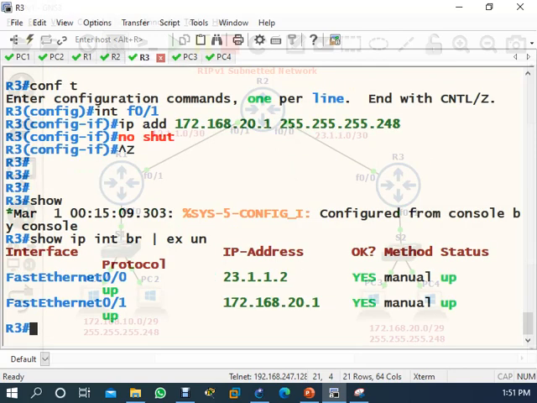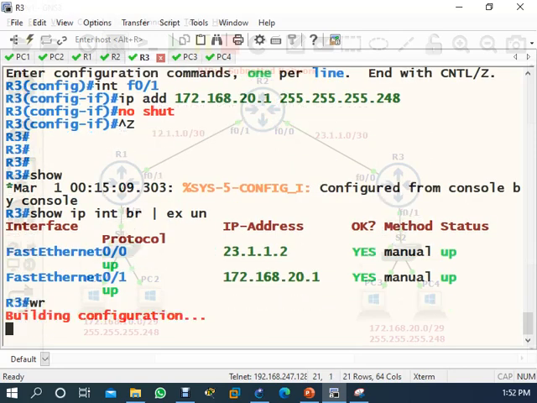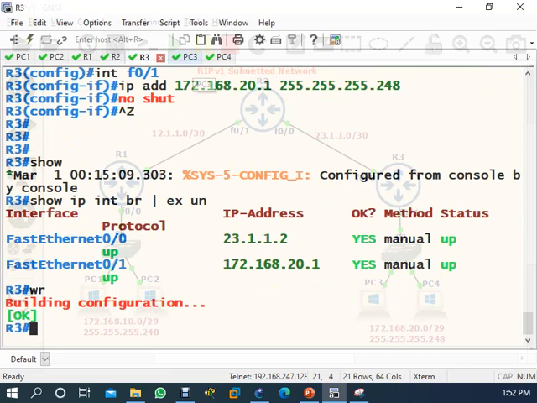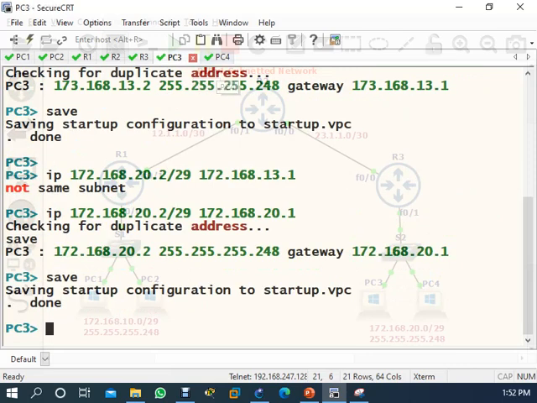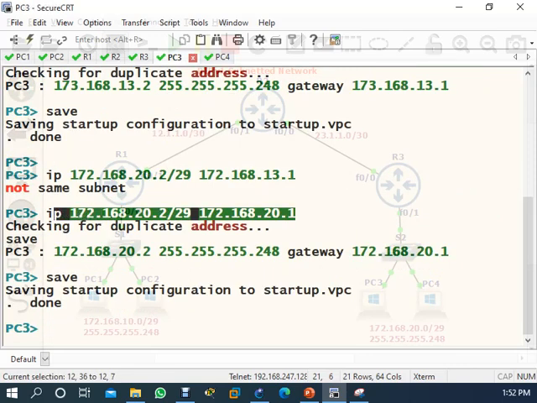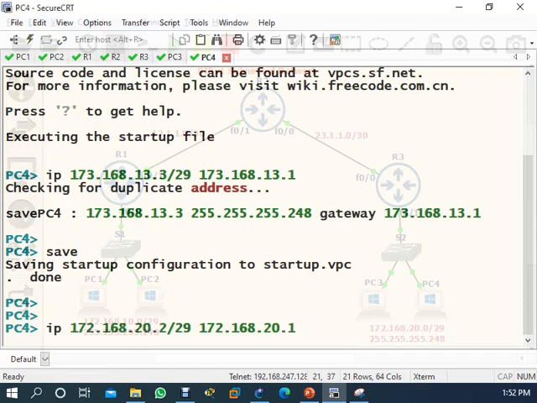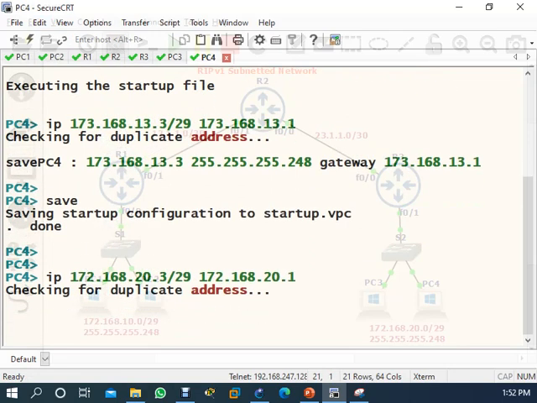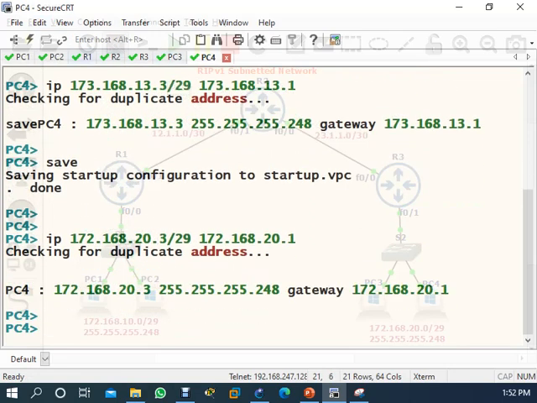Save here also, on router 3 you can save. Save. 20.3, no problem.